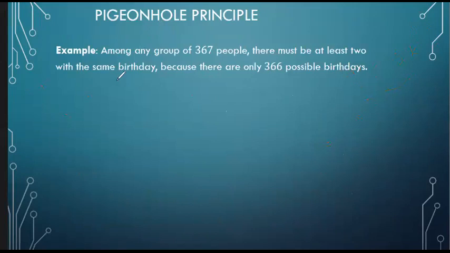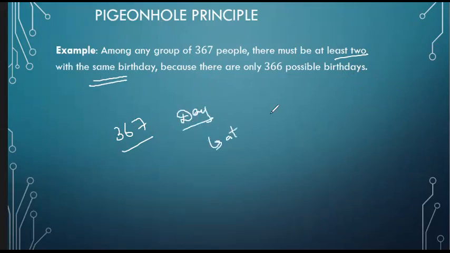Now, where do we need this? Suppose we have a group of 367 students or people. If we have 367 people and their birthdays in the year are taken, then at least two people will have the same birthday. So the day will be the same for at least two people. There might be more than two people whose birthdays are on the same day, but if we have 366 days and we have 367 people, there will be at least one scenario where you have birthdays on a common day.